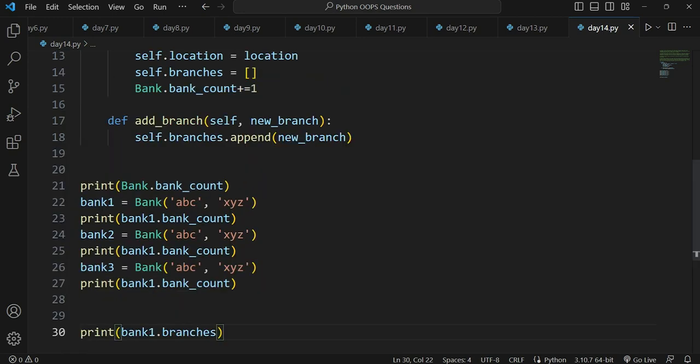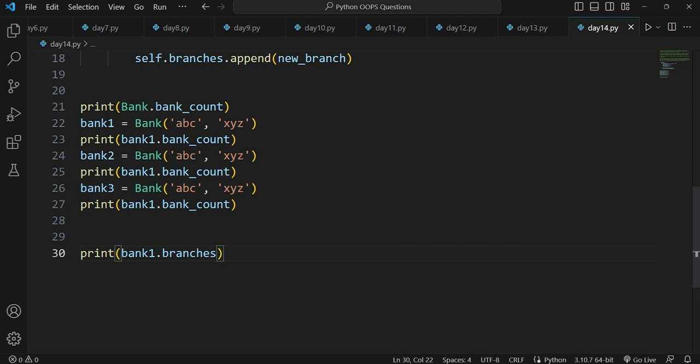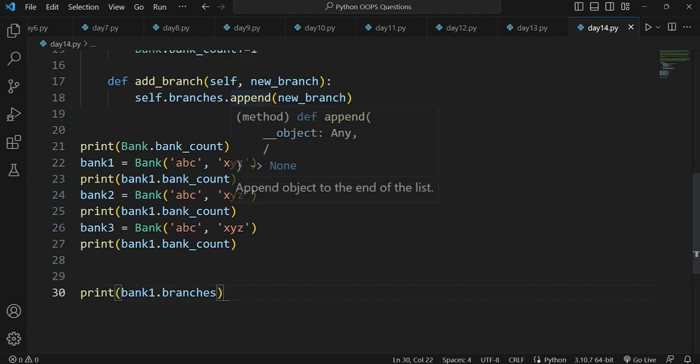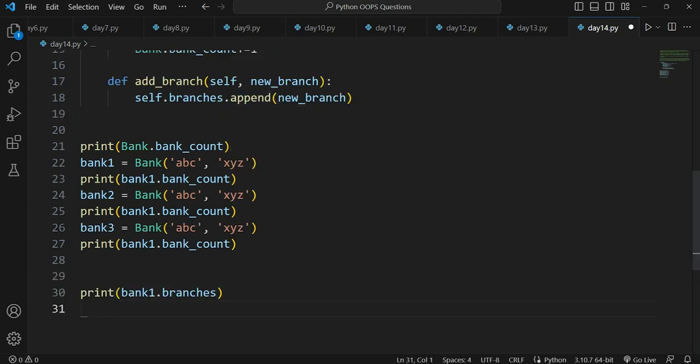Now if I want to add, just comment down in the comment section what line of code we will be writing to add an item or a new branch in the branches.